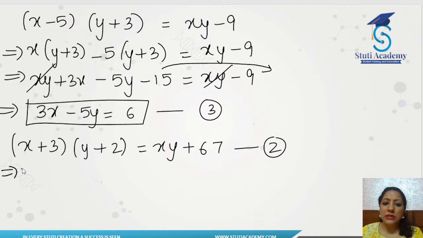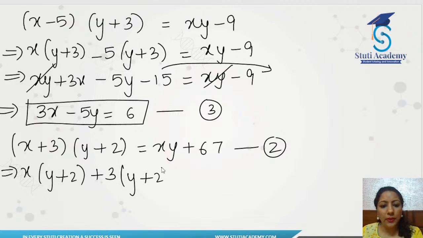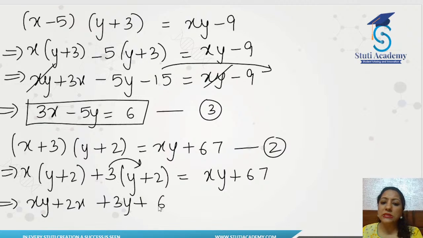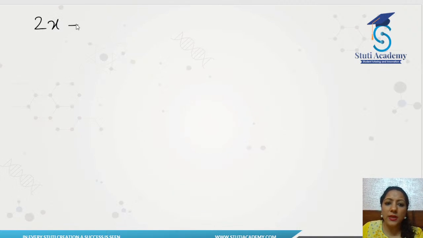Now I'm going to take this x and multiply it with the entire bracket. Then I'll take this 3 and multiply it with the entire bracket, and this RHS will remain the same. There's no change here. Now this will become xy plus 2x. When you take this 3 inside, you will get 3y plus 6 is equal to xy plus 67. Now this xy and xy will get cancelled, and then we will get 2x plus 3y is equal to the